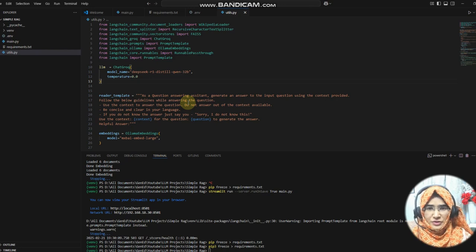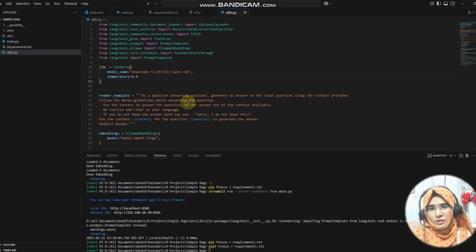Now let's move towards the actual code, that is, what is the RAG application and how we are using it. Basically, RAG is retrieval augmented generation, and it is something like this. First, you are providing some context and you are getting answers from that particular context. So that is what the RAG application is all about. For example, QA based on documents. You have a PDF file and you want to ask something from that particular PDF file. So you will use a RAG application.